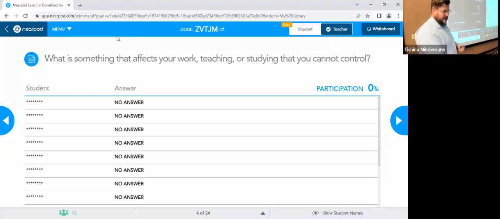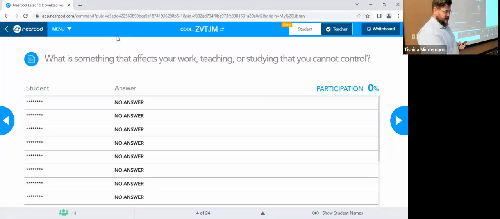So I later will be able to see what these are, but no one else in this meeting will be able to see what you answer here, just so you know. I'd like you to mention something that affects your work, your teaching, or your studying that you can't control. This is a major question when we're talking about equity and trying to build it into classrooms.